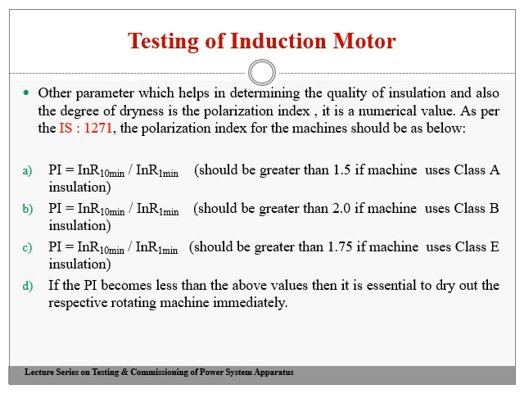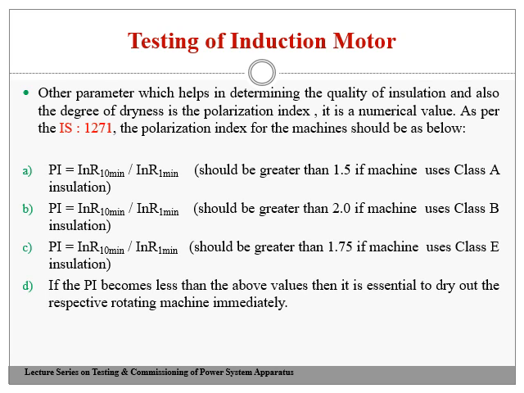The other parameter which helps to determine the quality of insulation, also the degree of dryness, is the polarization index. This polarization index helps to know the degree of dryness. It's a good tool to indicate the degree of dryness. It is a ratio of two insulation resistances. The PI should be more than a certain value. Otherwise, it implies that the insulation has